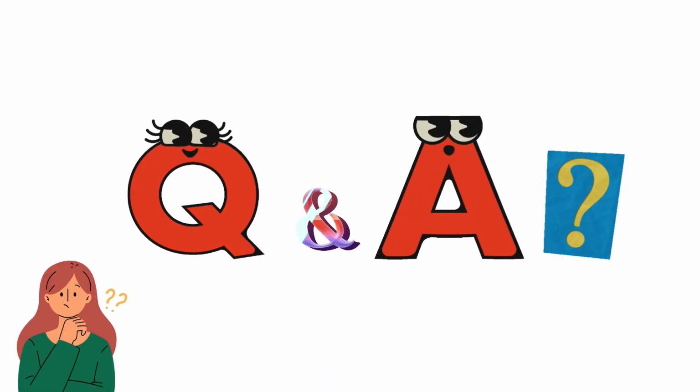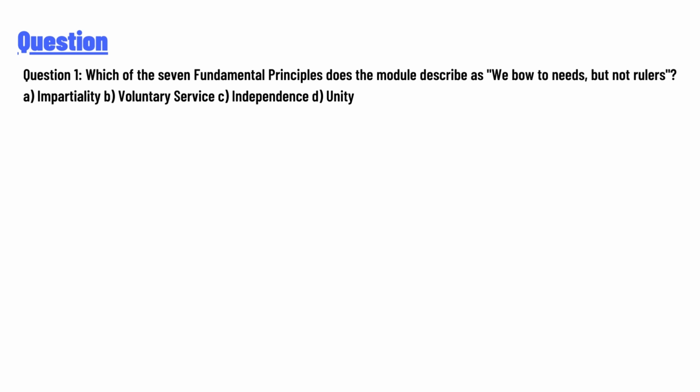So our today's question is Question 1. Which of the seven fundamental principles does the molecule describe as we bow to need but not rulers? Impartiality, service, independence, unity. The answer of the question is